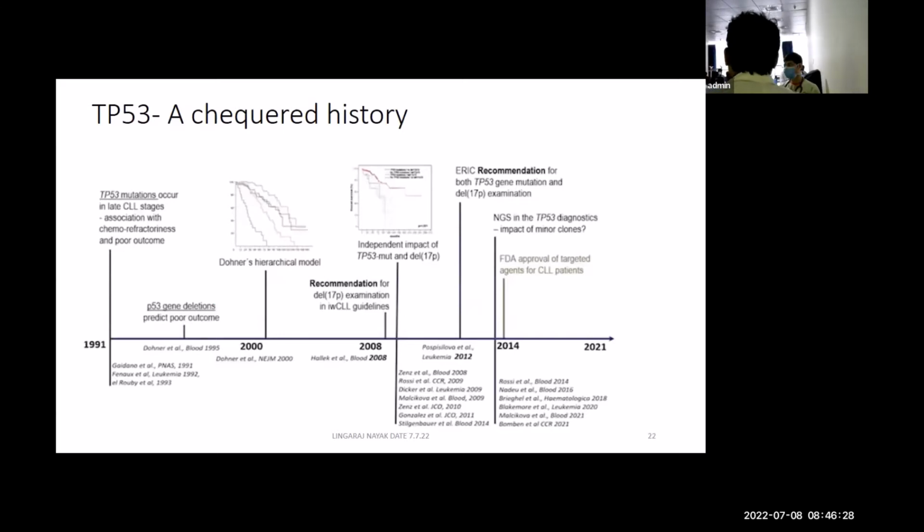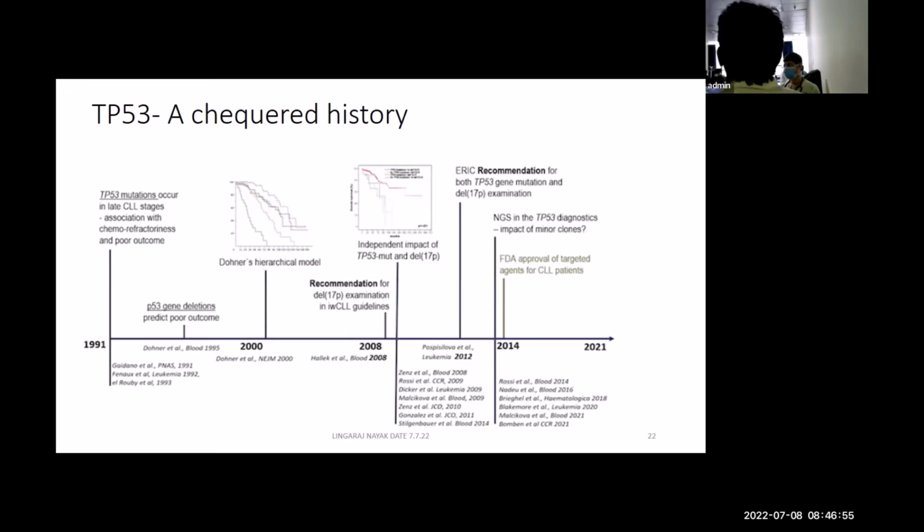Now, TP53, you should all remember in CLL. It's important for everybody to understand how the evolution of TP53 abnormality happened in CLL. As I said, in 2000 was the first paper from Döhner, the hierarchy model. That was the first time people knew that 17p abnormality exists and that it is very bad in CLL. Subsequently, they found that there is something called TP53 mutation also, but they are not supplementary to each other. That means there can be situations where 17p will be absent but TP53 mutation can be present, and there will be situations when both are present.